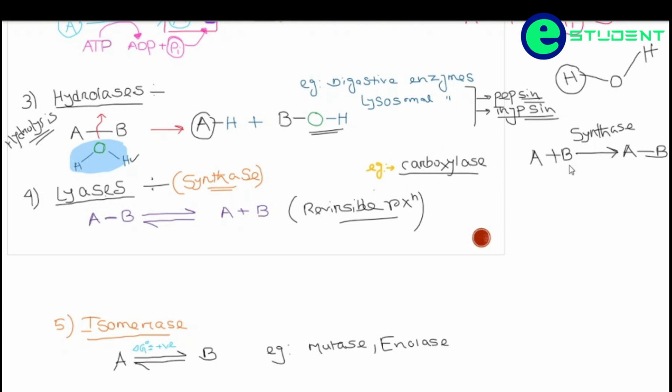is being synthesized here. Whereas when this reaction is totally in the reverse direction, then the enzyme which works here is known as lyase. So you can easily notice here that the same kind of enzyme catalyzes the reaction in both forward and backward directions. So this is the enzyme which can undergo both forward and backward reactions. I mean, a reversible reaction is taking place.